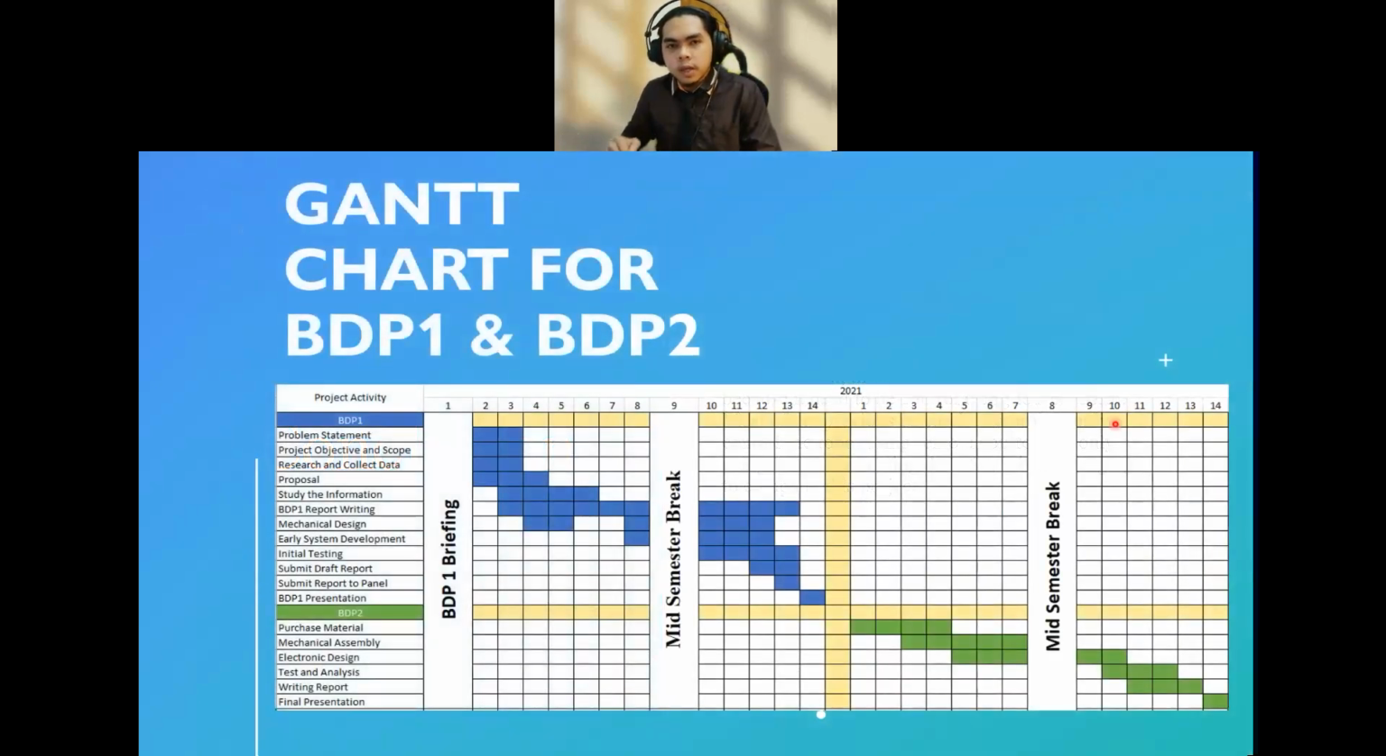This shows my plan or Gantt chart for BDP1 and BDP2. As we can see,